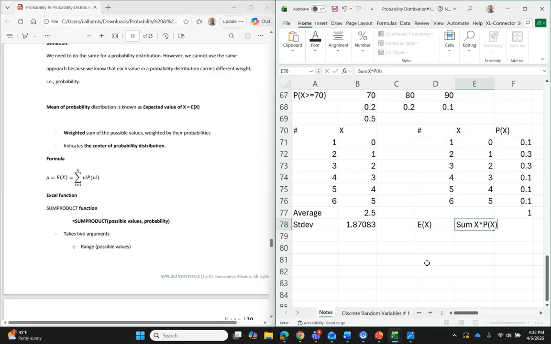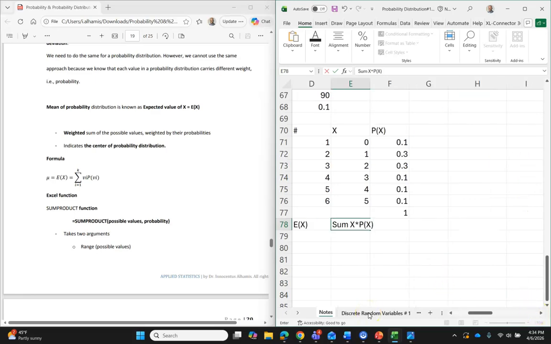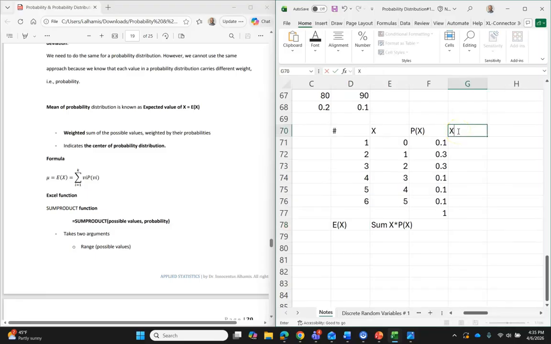If we can find the sum of x times the probability of x, that will give us the expected value. So to find the expected value of x, x times probability of x, I'm going to put an equal sign here,